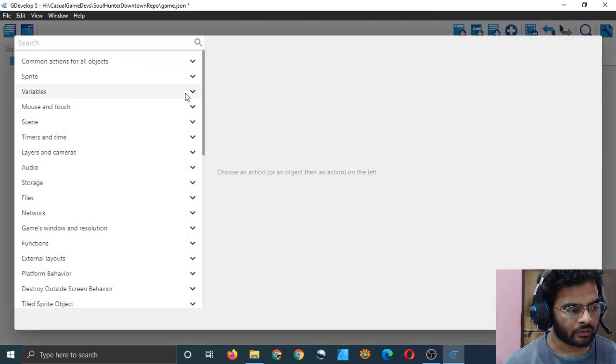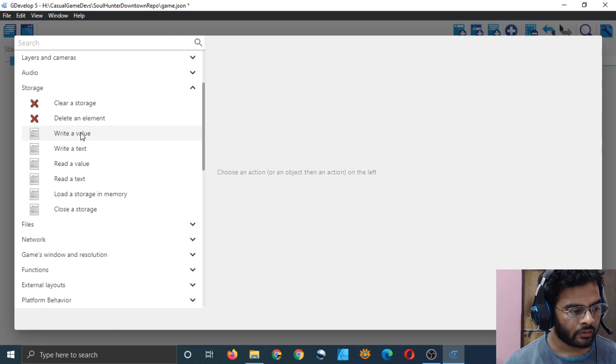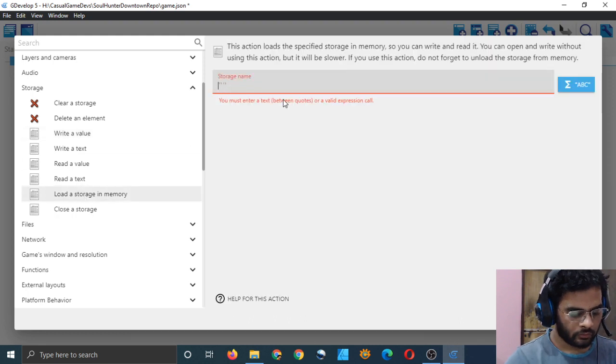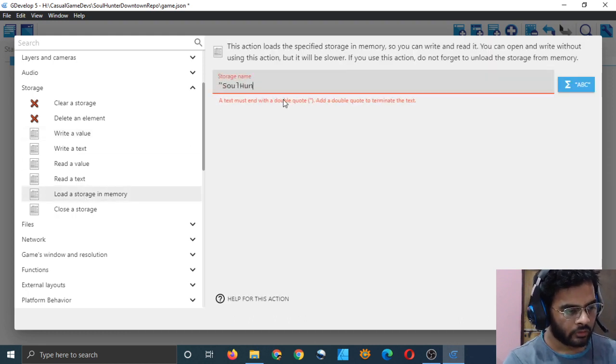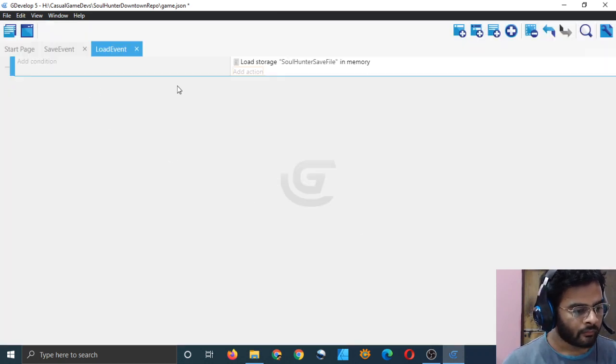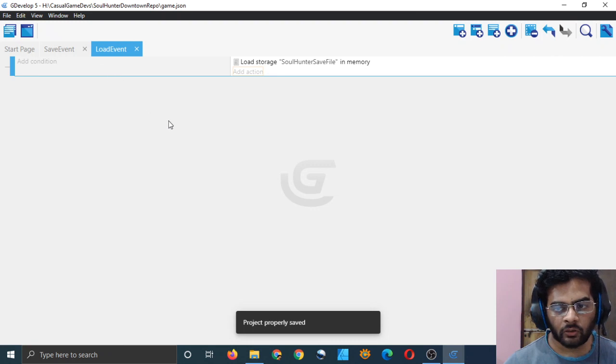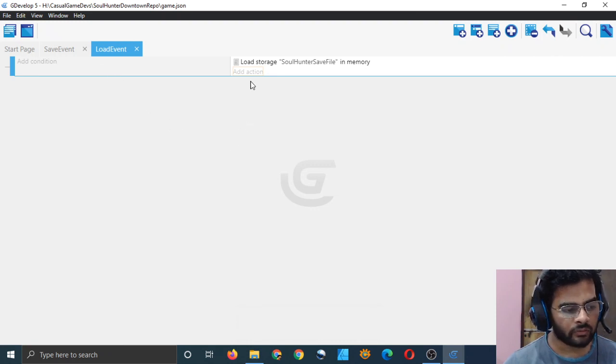Just add the action, and we have to load. First we will open the storage, load the storage, soul hunter save file, and now we have to load.